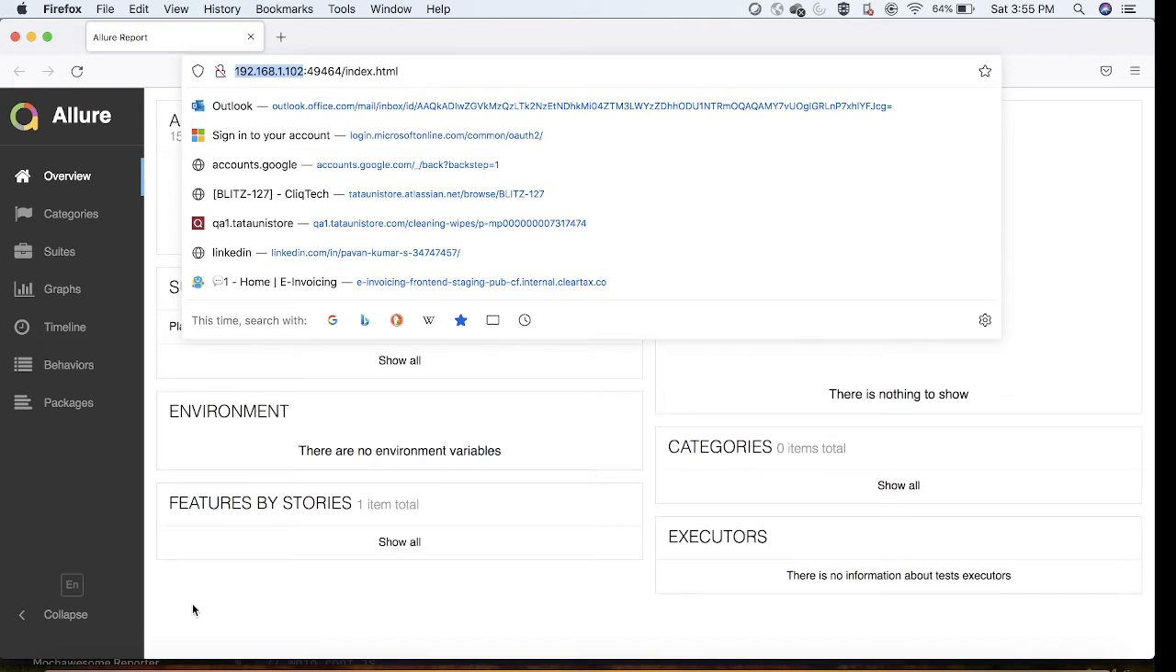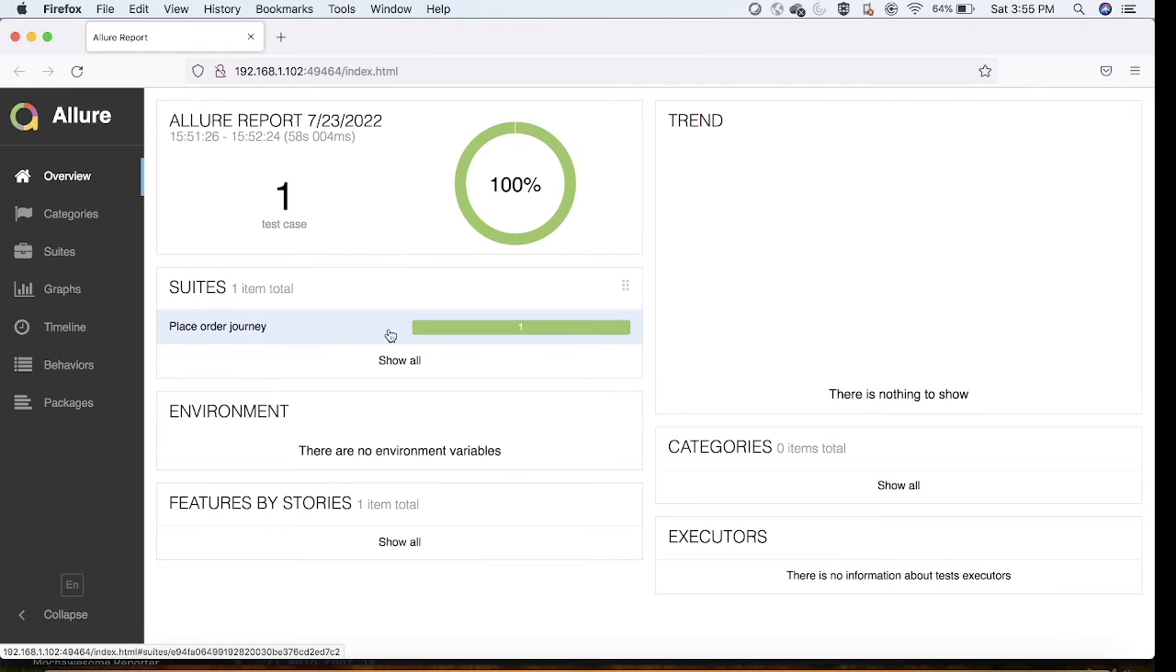Whatever you have seen, right? Cool. So if you see this particular report, this is how the reporting tool looks. If you look at this overview, one test case is there and it is 100% passed. If you just hover on it, it shows 100% passed, right? It will show similar to this how many test cases you have,